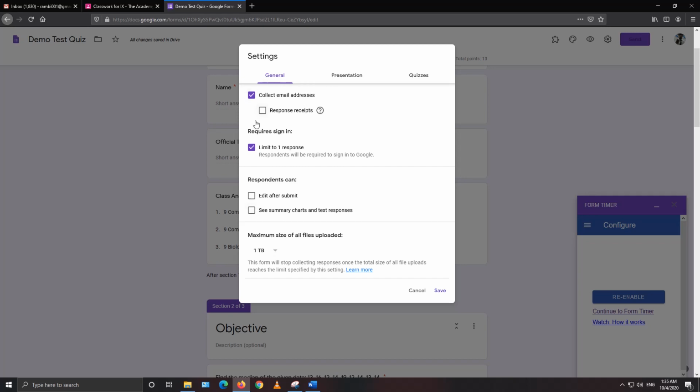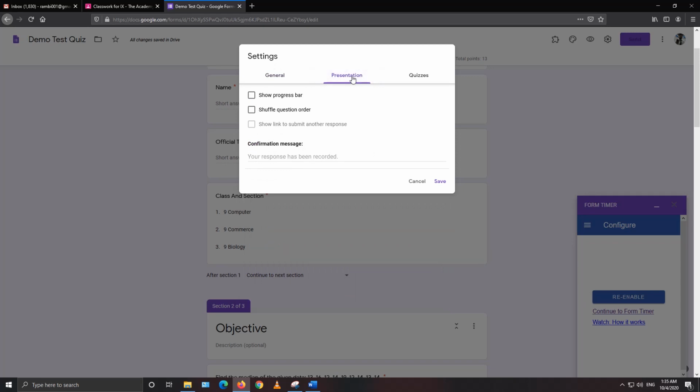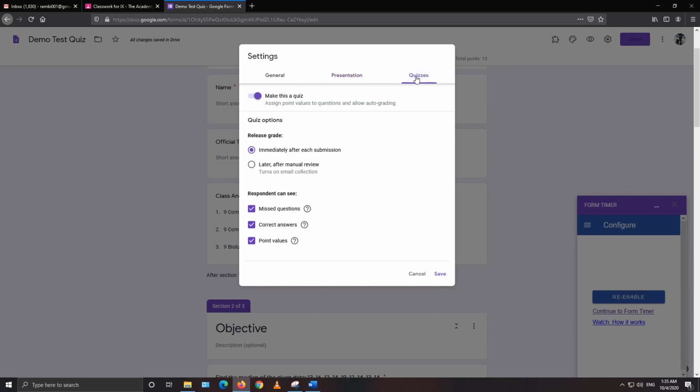After doing the general settings, I will go to the presentation. You can use shuffle question order, but it is not recommended because your options A, B, C, D along with your question may be shuffled, so you don't have to use any options here. Then you will move on to your quizzes. Here under release grade, you can see the selected option is immediately after each submission.